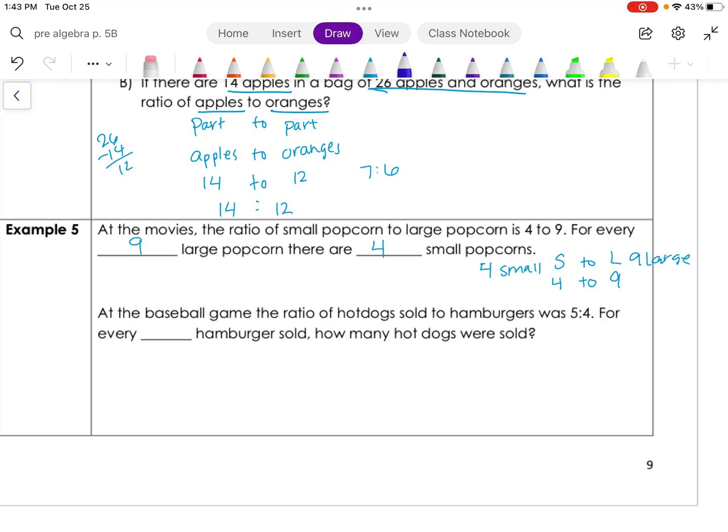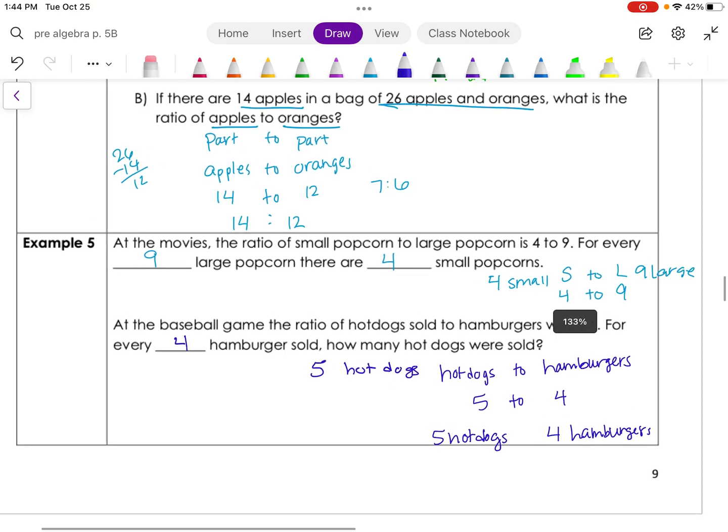Last but not least, at the baseball game, the ratio of hot dogs sold to hamburgers was 5-to-4. So we've got hot dogs to hamburgers, 5-to-4. So that means there are 5 hot dogs and 4 hamburgers. So for every 4 hamburgers sold, how many hot dogs were sold? 5 hot dogs. So again, the order for your ratio matters. It matters for your numbers, which one they are related to, which comes first, which comes second. So pay attention to that when you are